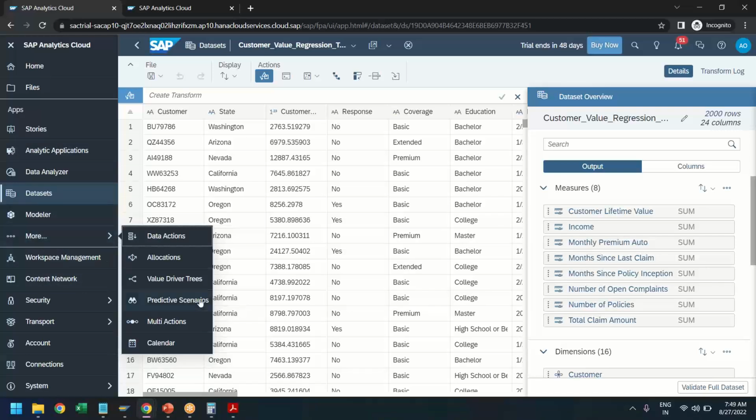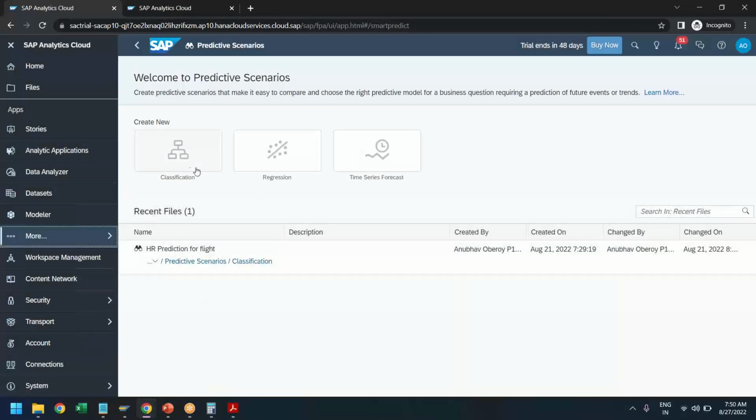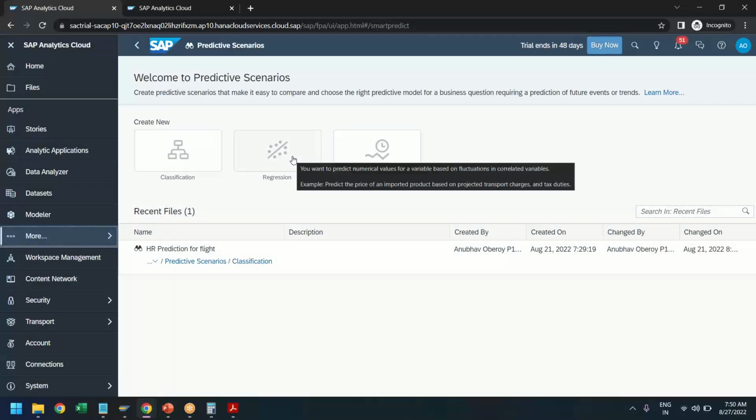So I'm going to come to predictive scenario and you can see we have already done classification. Now hover the mouse on regression, it says you want to predict a numerical value, basically a value of continuous nature, based on fluctuations in correlated variables, basically the independent variables when they change. Remember the coefficients the algorithm builds, alpha 0, alpha 1 and stuff like that. Then predict the price of imported products based on projected transport charges and tax duties. That's an example they've given. Basically the output is of continuous nature. I click regression